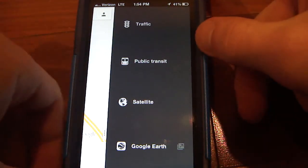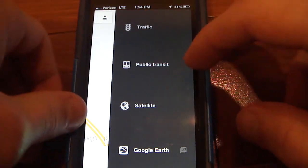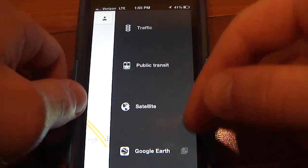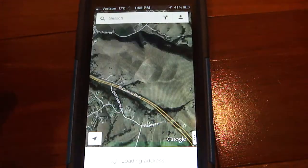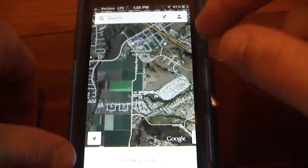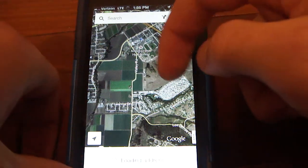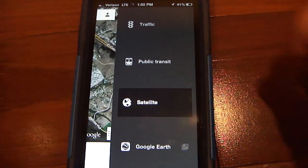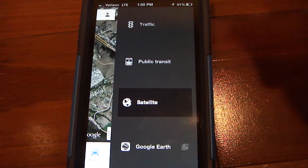And then you have a few more options, which you can turn on or off: traffic, public transit directions, or satellite view, which I'm going to go ahead and turn on. There you go. That's pretty cool. And then it gives you quick access to Google Earth, which when you click this, it'll take you to the App Store to download the Google Earth application,